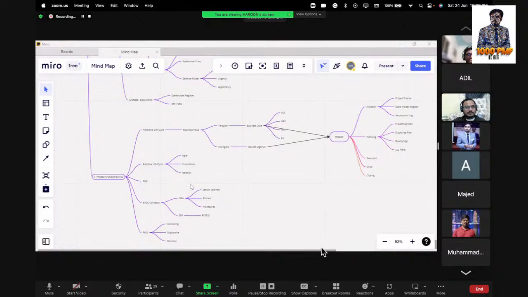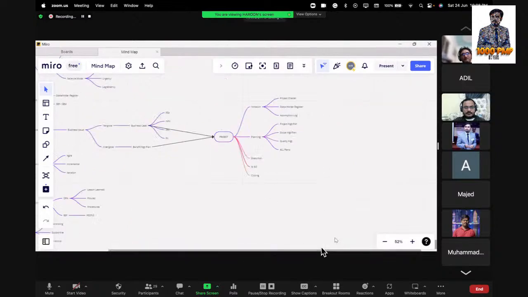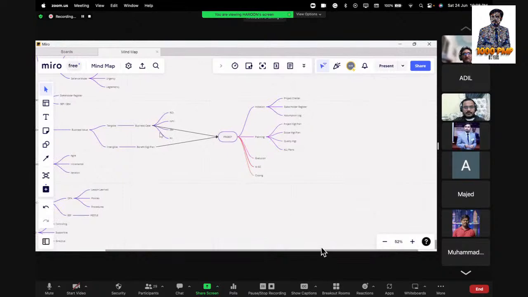And in the predictive life cycle, once the pre-project activity business values are there, the tangible, intangible, the business case, and benefit management plan. In the business case, we will evaluate ROI and PVIR. Also in benefit management, we see all the benefits for the project, and then after that the project starts, in the initiation, the project charter,